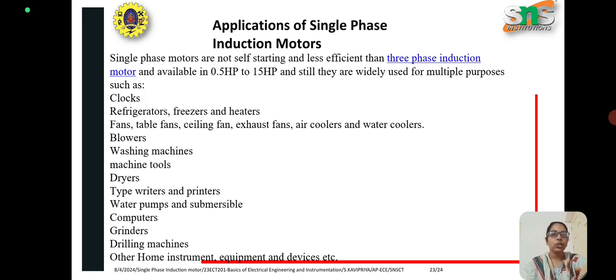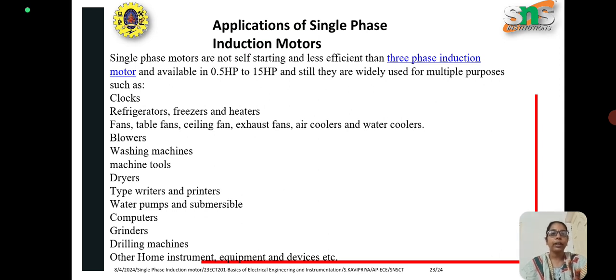And next is the applications of single phase induction motor. Single phase induction motor is not self-starting and it is also much less efficient than the three-phase induction motor, and it is available from 0.5 horsepower to 15 horsepower. They are most widely used for multi-purpose applications like clocks, refrigerators, freezers, heaters. It is used in fans, table fan, ceiling fan, exhaust fan, air coolers, water coolers. It is used in blowers, washing machines, machine tools, dryers,